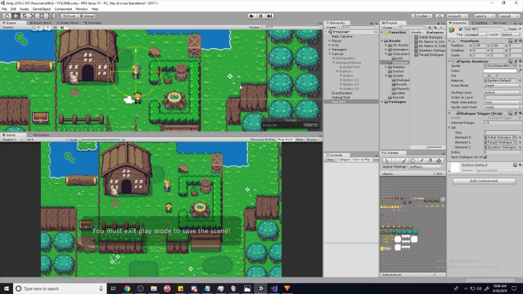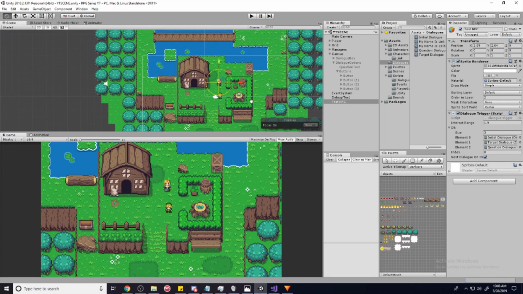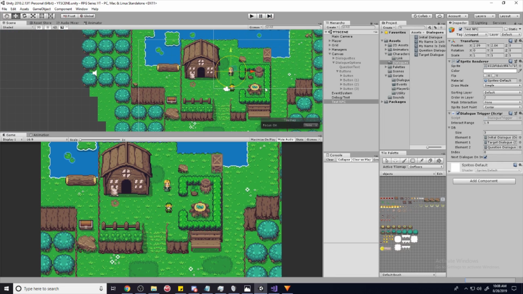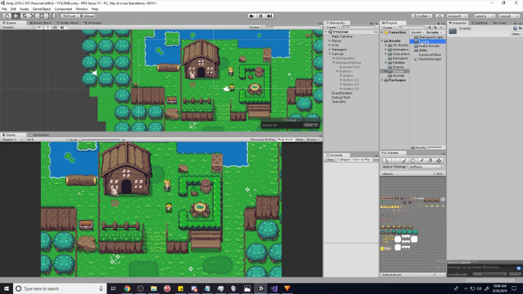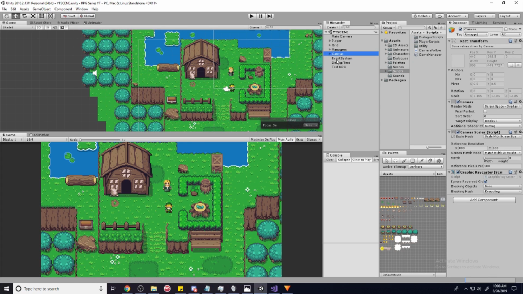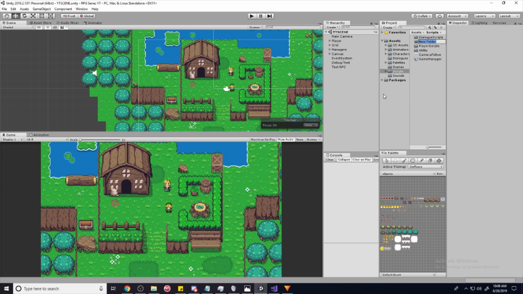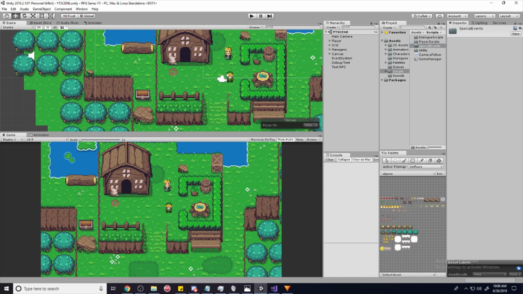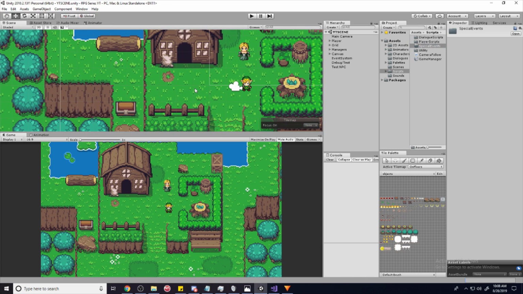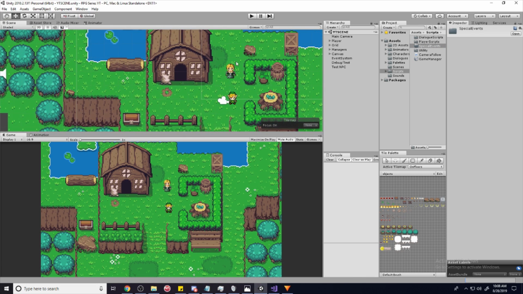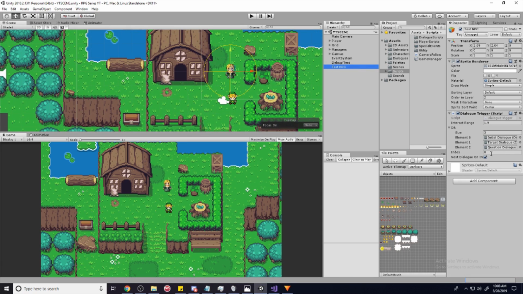Oopsie, exit play mode. And so that should cover just about everything. I'm going to delete this. So that covers about everything, but I'll add in a little bonus to show you how you can change the dialogue through script that's not on the dialogue trigger. So let's say I didn't have next dialogue,